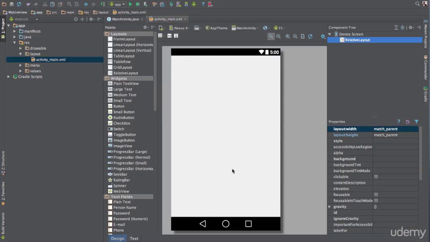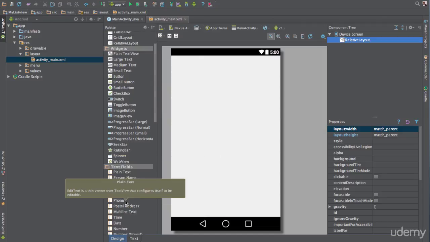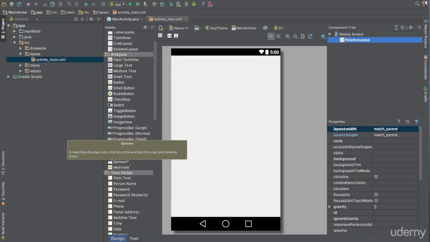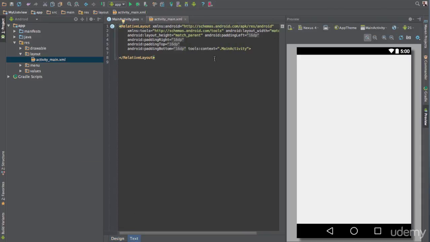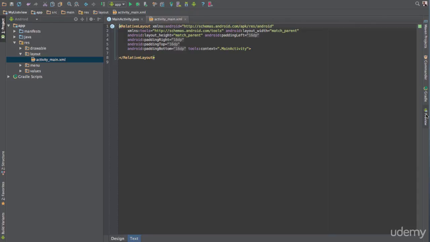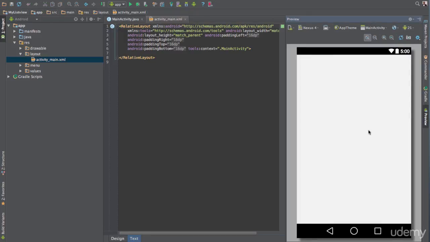So the first thing we're gonna do is put a list view, right? Because that's what we're gonna be doing. So let's go ahead and find our list view here. We could obviously just drag and drop. Let's go into the text view here, and notice here something happened. It looks like we have this preview thing here. This is another great feature that Android Studio comes with, which is you can actually have a preview. So I click out of it,